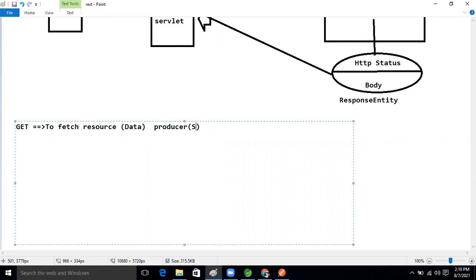So another one is what? Another one is the POST type. For what purpose are we using POST now, guys, in RESTful services? Anyone? To create a new resource, right? Create resources on the server, on the producer side.